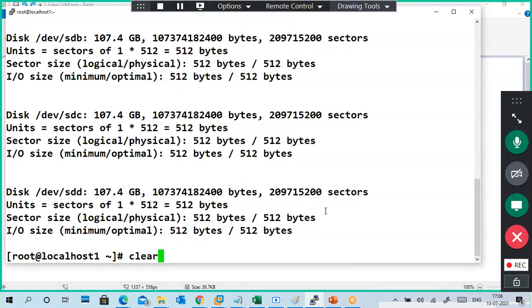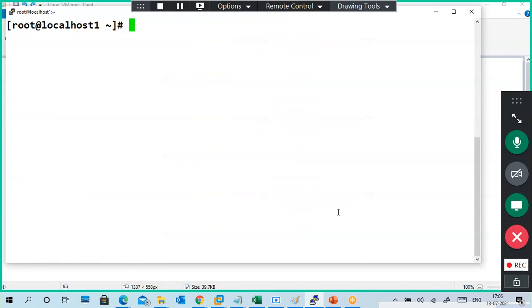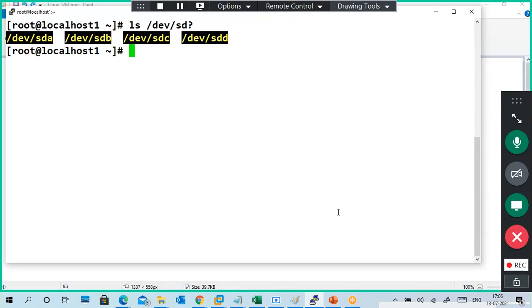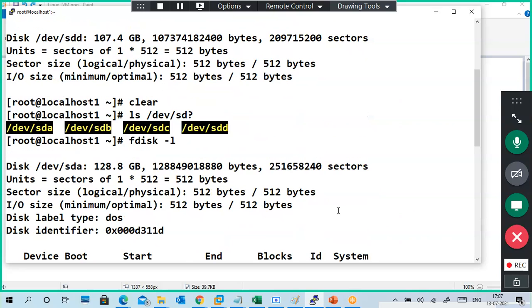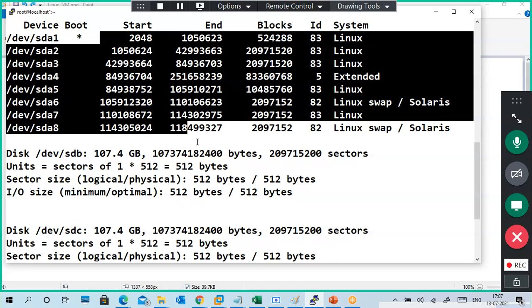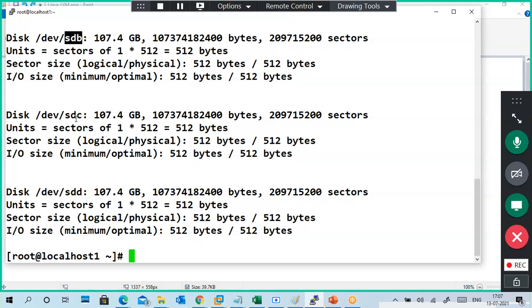So I am here. We already did these queries. If you want, you can try again: ls /dev/sd? for sda, sdb, sdc, sdd. But these are also logical names, sda, sdb, kind of stuff. You should make sure which is your disk, like fdisk -l without specifying a particular disk. Automatically it will display your first disk, sda, is 128 GB and has some partitions. Usually we don't touch this kind of stuff. We'll go with sdb, sdc, sdd only.